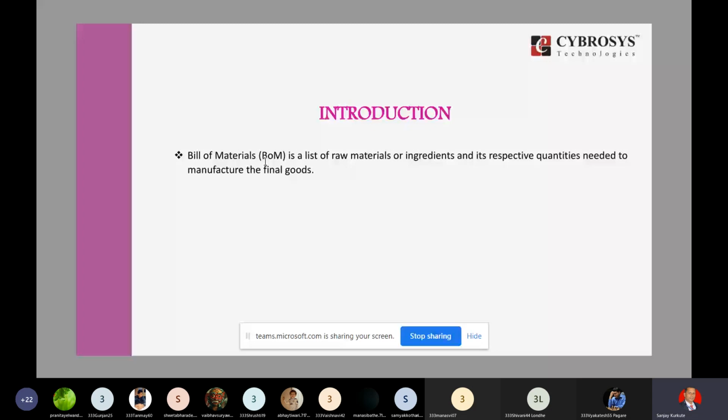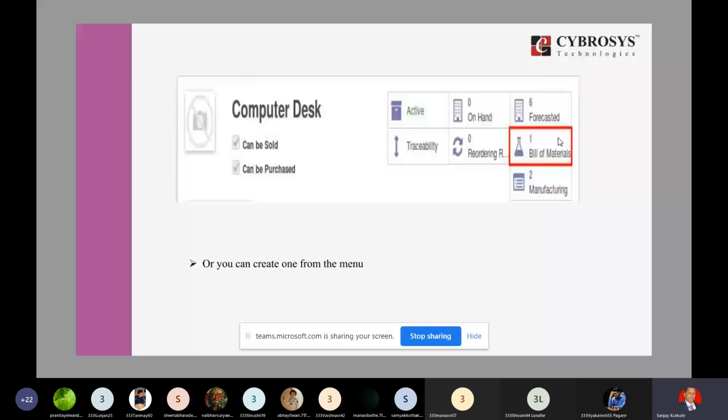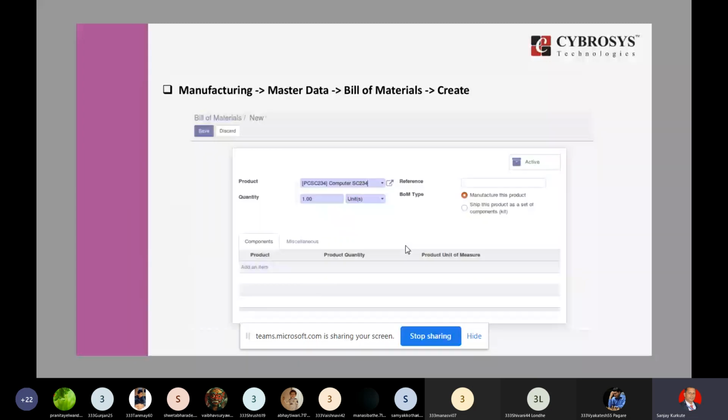We may have generation by using this SQL also. So creation of bill of material. Okay, master data, because this is one of the database management. We may say relational database management, RDBMS. Okay, so product name is mentioned, then quantity. Okay, unit of quantity, reference bill of material, manufacture this product quantity, product unit of measure, like this.